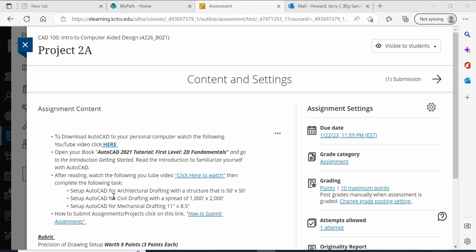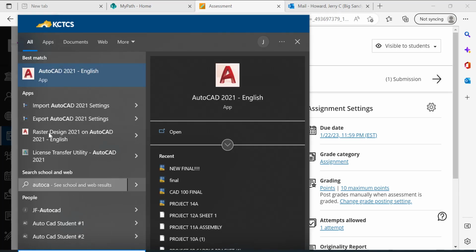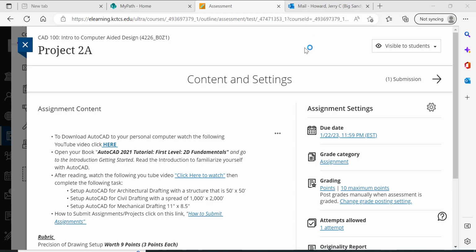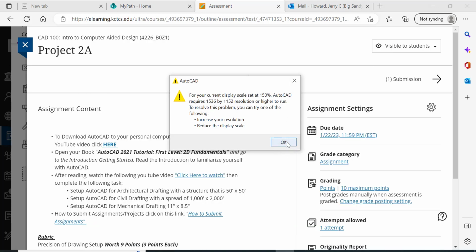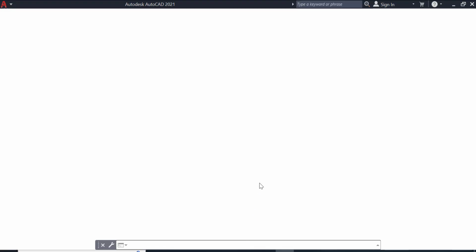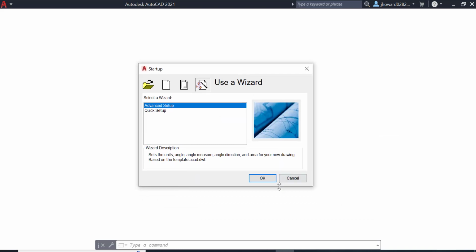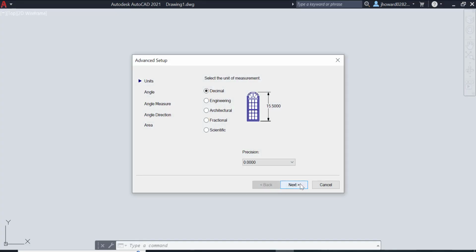And of course you can see here it shows you a few things on what you need that we're going to follow. So I want to open up AutoCAD. I'm using on this one 2021. You can download 2022 or 2023. They're all very similar. But first thing that I want you guys to remember,